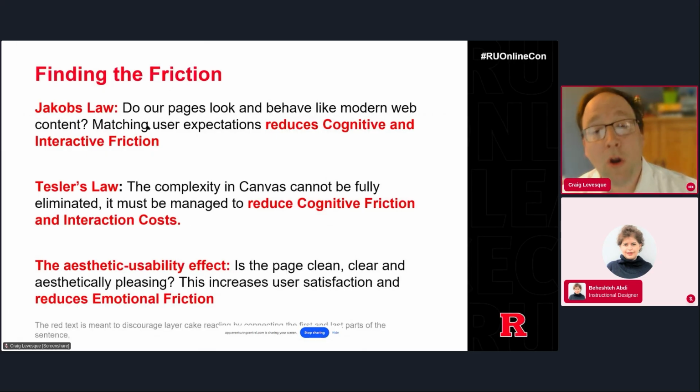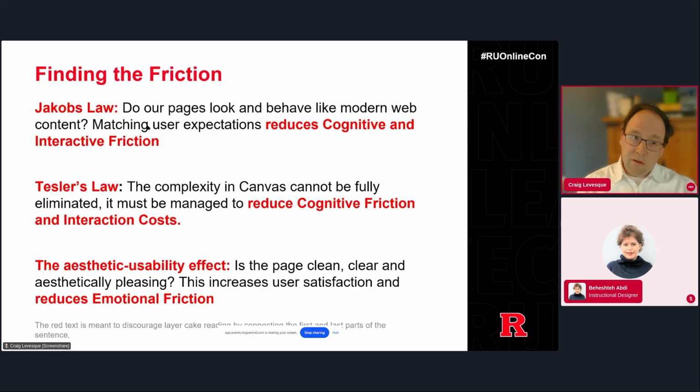So our goal as designers is to find the friction. So Jacob's law is first. And by following Jacob's law, we reduce cognitive and interactive friction, meaning that if our websites and our courses look the way everybody else's looks, then in general, people will be able to use them better and will notice the